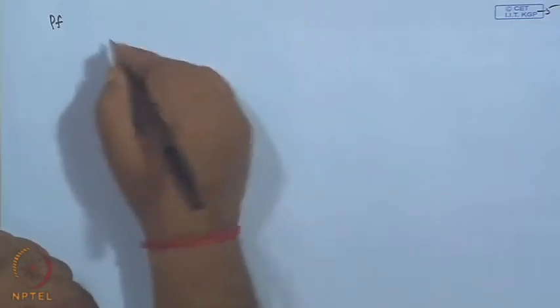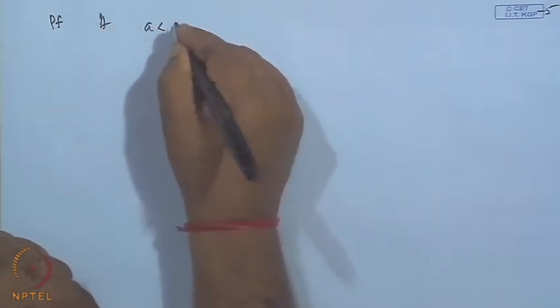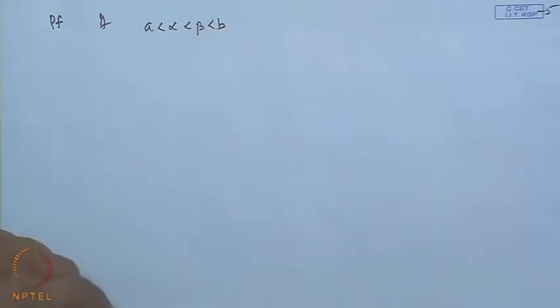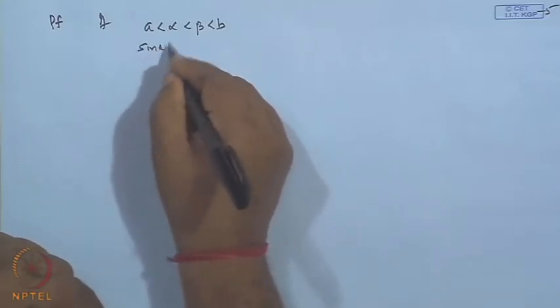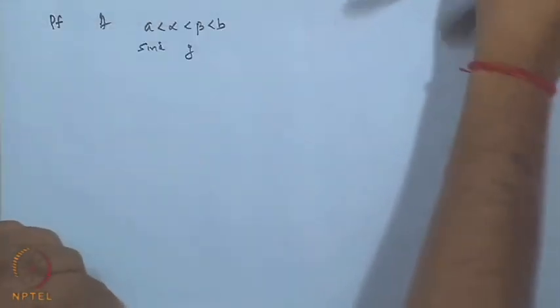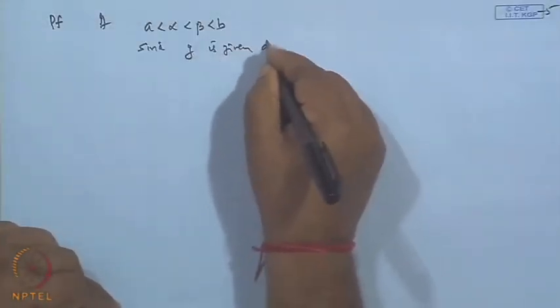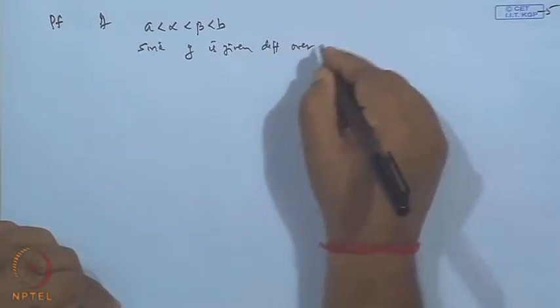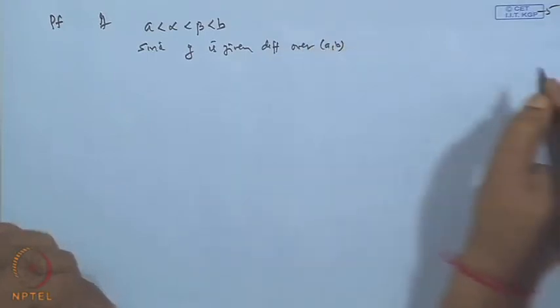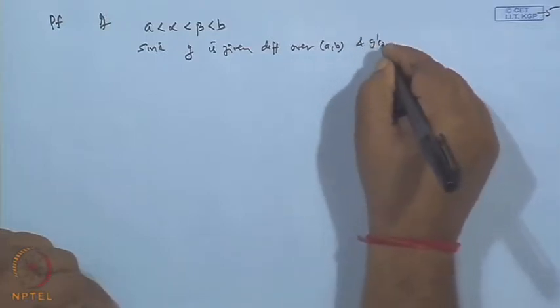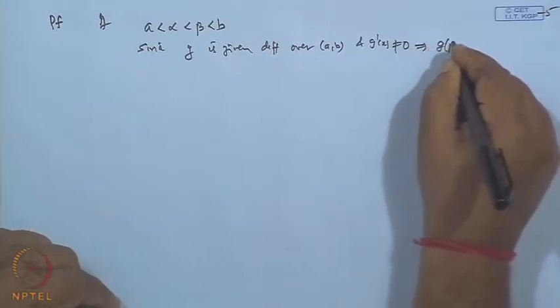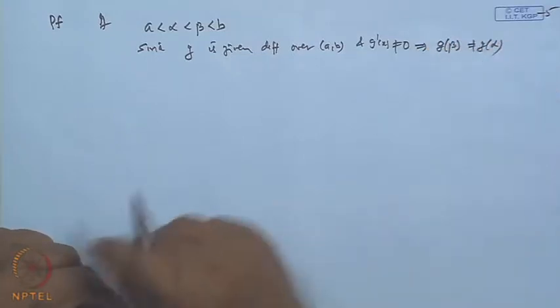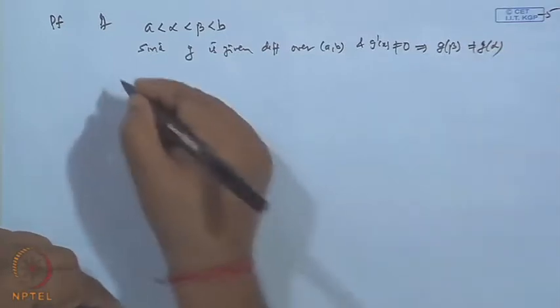Now, let us take alpha and beta lying between a and b. Okay? Now, since the function g is given to be differentiable over a b, and g prime x is not equal to 0, this automatically implies the value of g beta will be different from g alpha. Why? The reason is otherwise